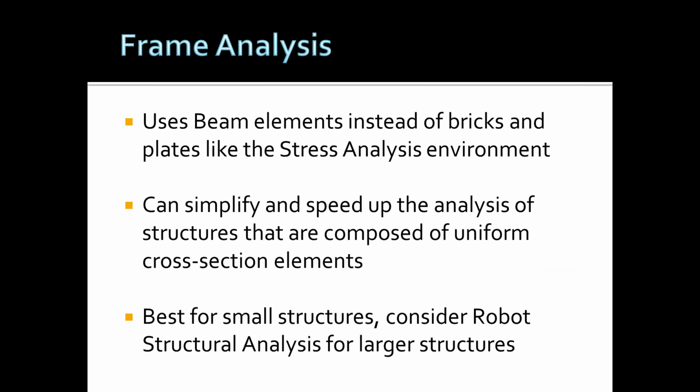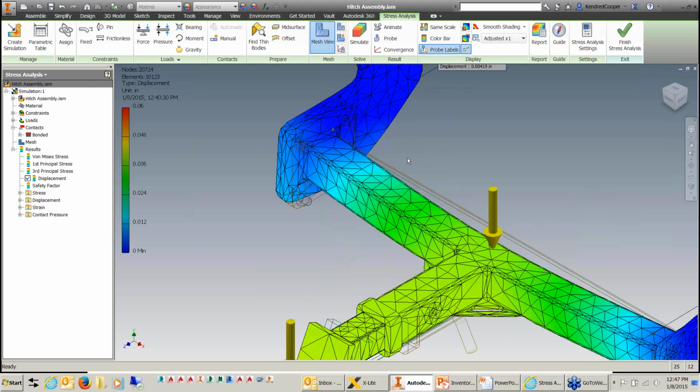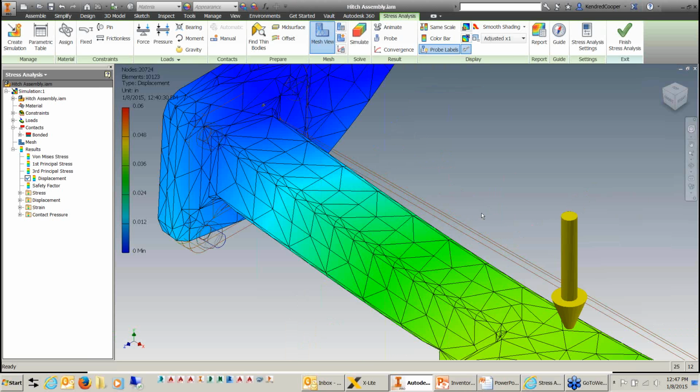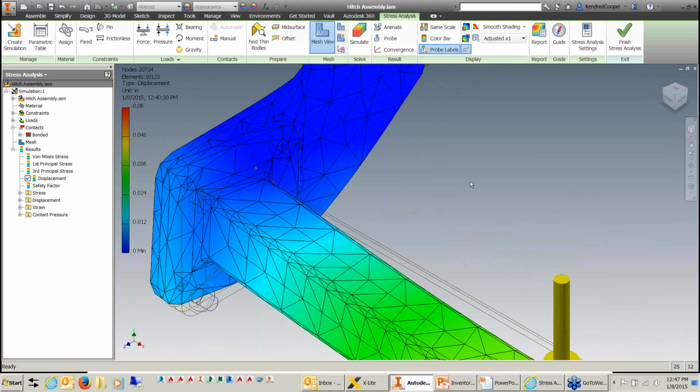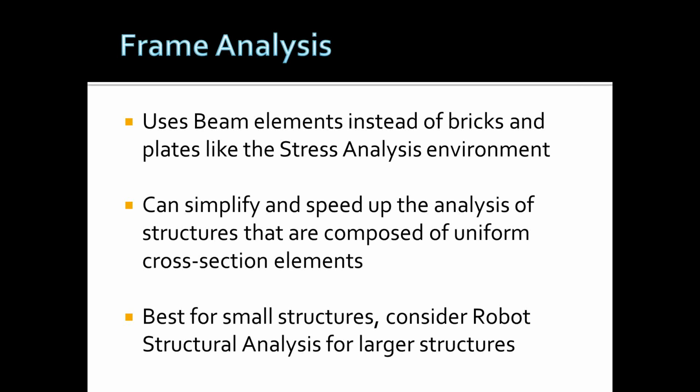Real quick on the frame analysis, it works different than your FEA. If I jump back over here and look at how this has been meshed, you're looking at the overall geometry. You're looking at the tubular frame. You're looking at the plate mounts, the brackets, and you're seeing the surfaces divided up into triangles. With the frame analysis portion, it doesn't use that same kind of mesh element. Instead of using